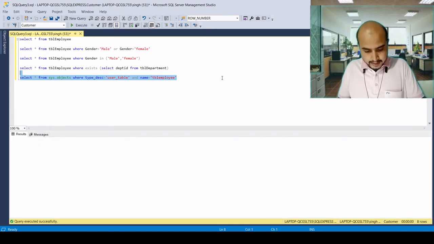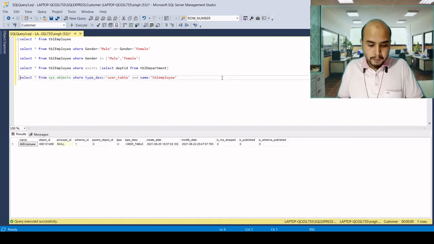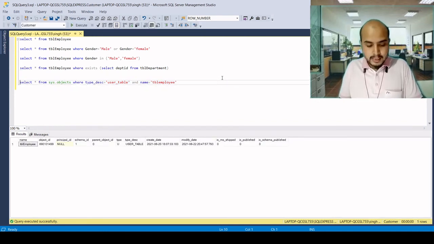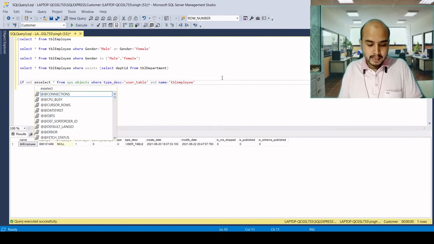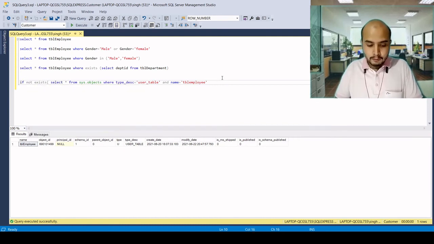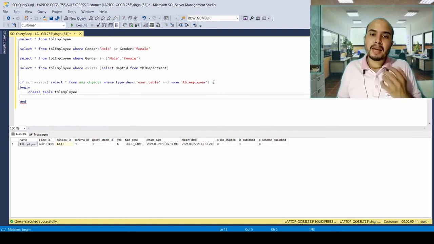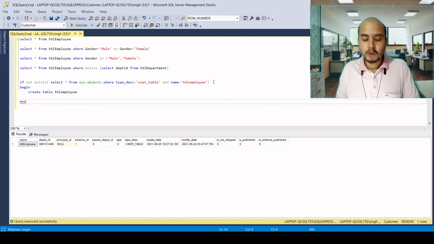Let's execute this query and we have this table. So why do we use it? We check if not exists. If this table does not exist, then we will create a new table: begin, then write the create table query for TBL employee, and then end. So this is the basic practical example of EXISTS or NOT EXISTS.